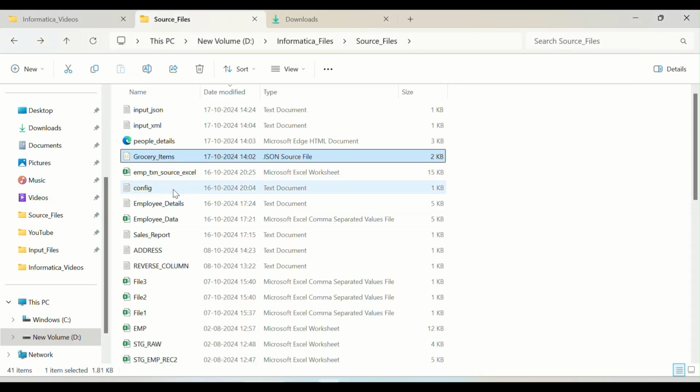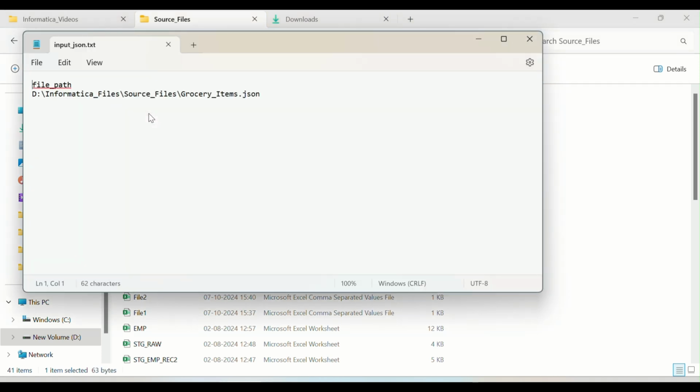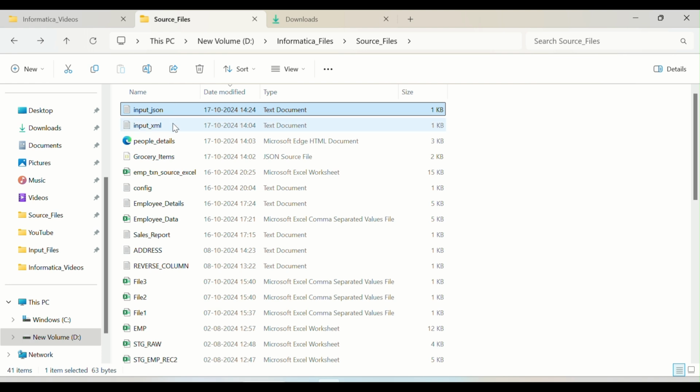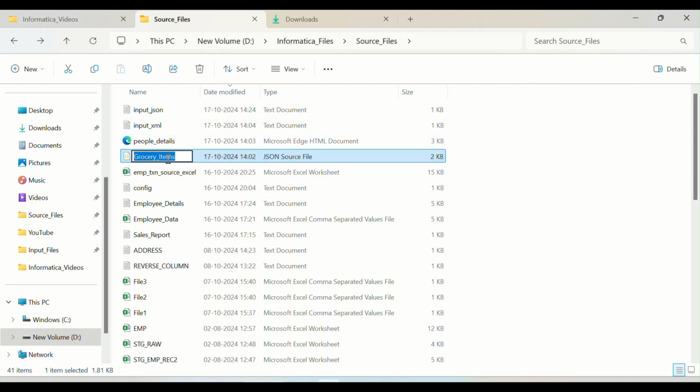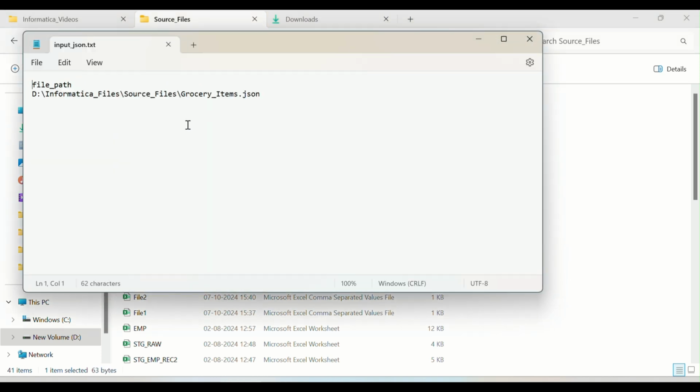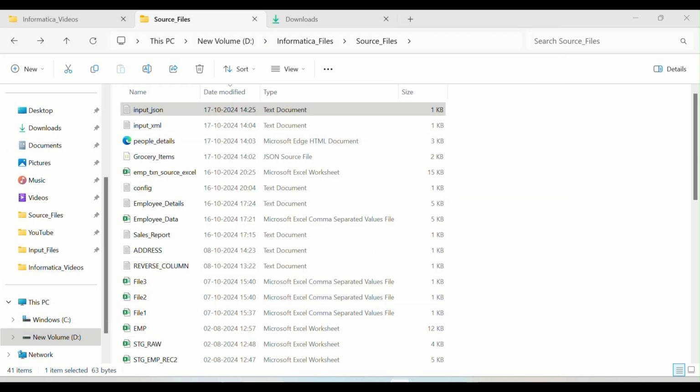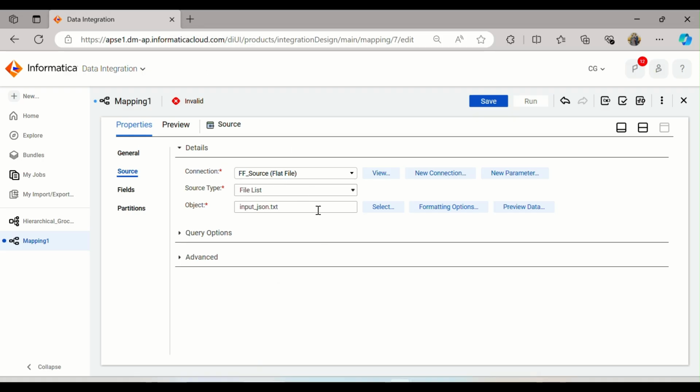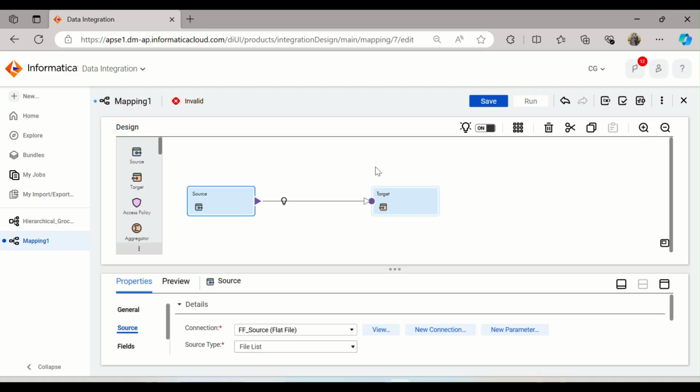Where we have this one, it is in source files, input.json, source files, grocery items. So we have given this the correct name. Okay. So now what we have to do, we have to